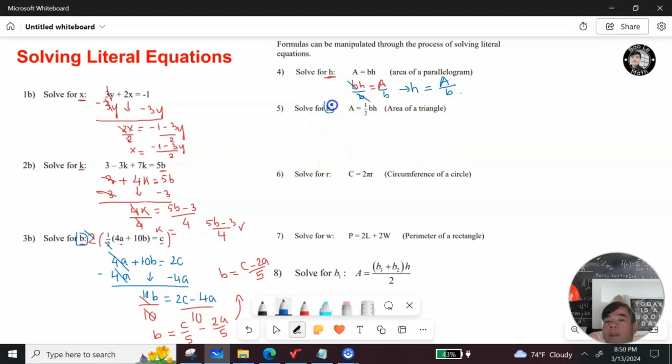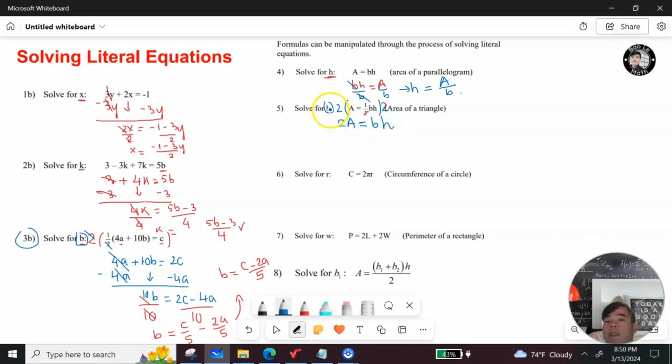Solve for b. Alright, do the same thing. Now, question number 5 is similar to question number 3 right here. Whenever I see a fraction, I need to deal with the fraction first. I see the 2 in the denominator right here. I need to multiply both sides by 2. So I'm going to end up with 2a. Now 2 right here, I put 2 right here so that it's easy to understand. So 2 right here and 2 right here cancel out. So it's going to be equal b